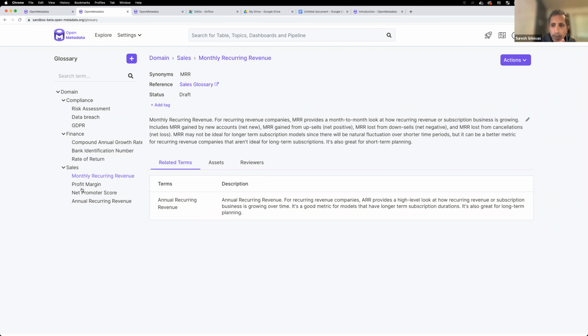It's a definition. So the concept of monthly recurring revenue has a preferred term, right, which is monthly recurring revenue. But then you can also call other things, right, within your organization. So MRR is one of the acronyms. You could have other names. So you have synonyms here. You can build references to external glossaries. So if you look at that sales glossary,